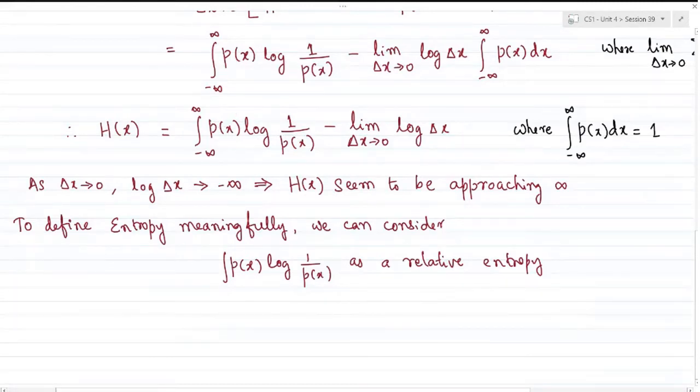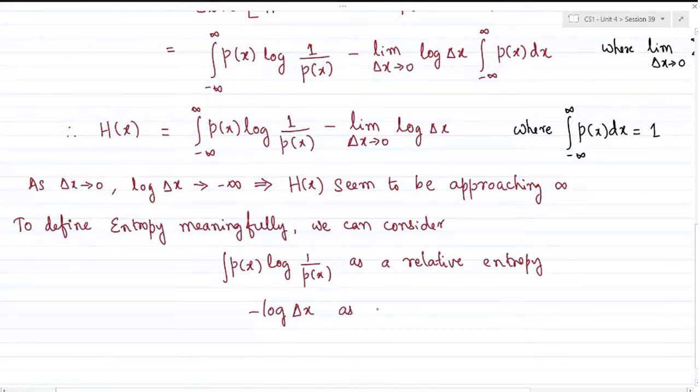Mathematically, this is almost equivalent to the definition of a discrete random variable, where the definition was simply a summation, similar to what we defined in earlier cases for a discrete random variable. When we compare this for a continuous random variable, the first part seems very similar. However, we have a second term which poses a problem. Entropy can be understood in a more meaningful manner if we consider the first term as a relative entropy, and the second term, which is minus log of delta x,